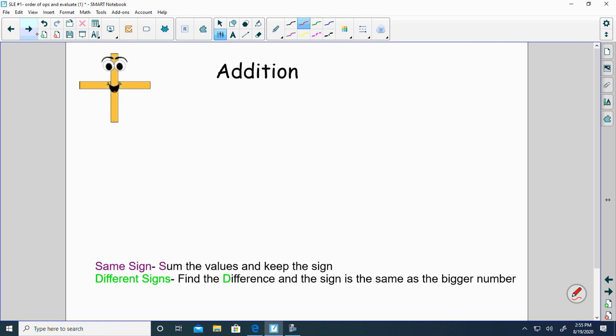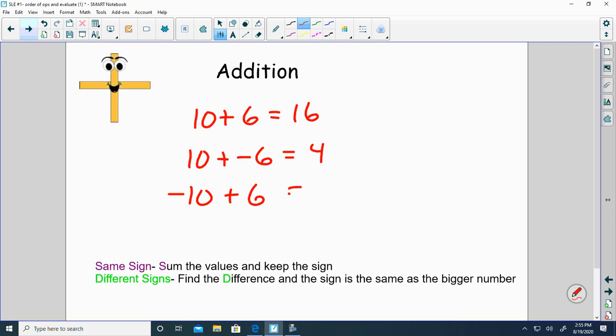Okay, so addition, this just means we add. You've probably been doing addition since you got to school. It was just your way of counting up. If you have the same signs, keep the sign. If you have different signs, then whichever has the bigger value determines the sign. So 10 plus 6 is obviously 16. But 10 plus negative 6 gives you 4. And negative 10 plus 6 gives you negative 4, because 10 is our larger